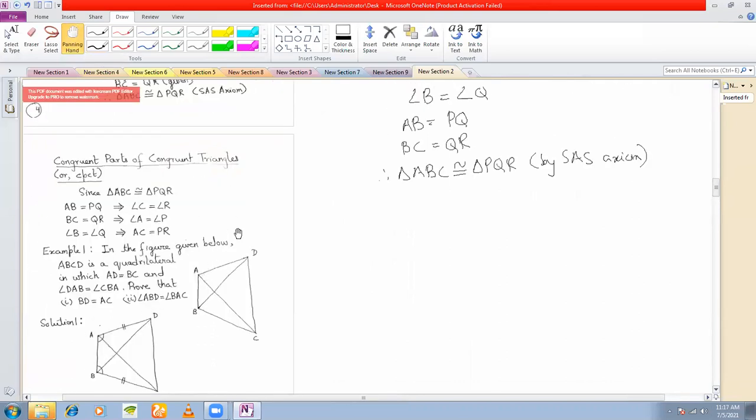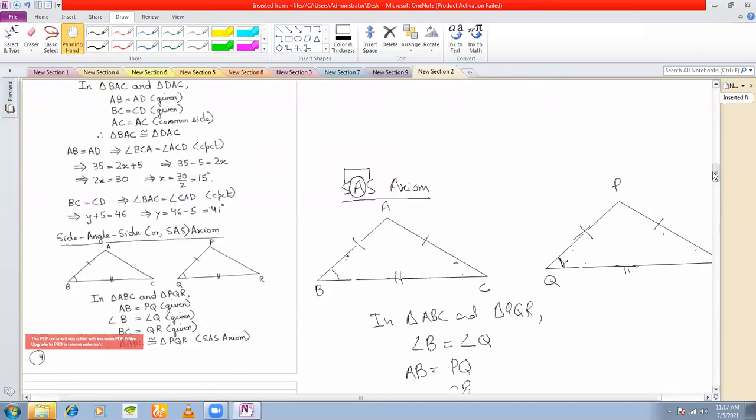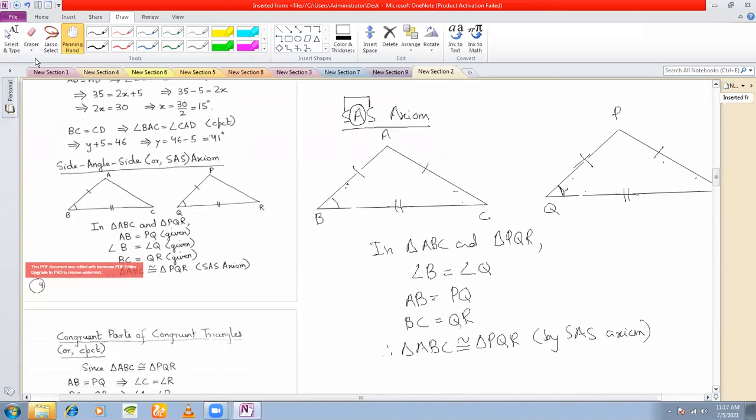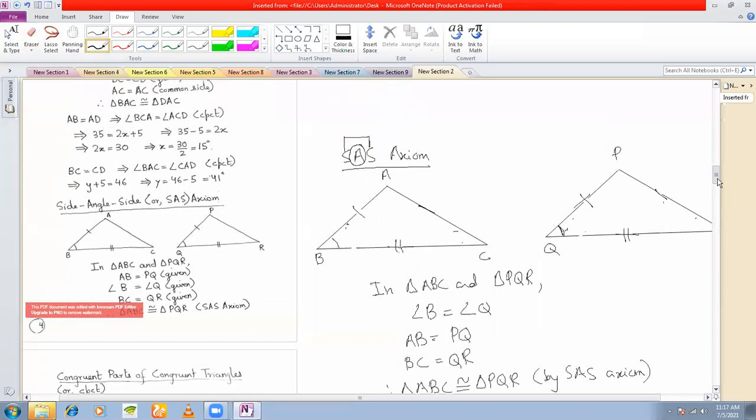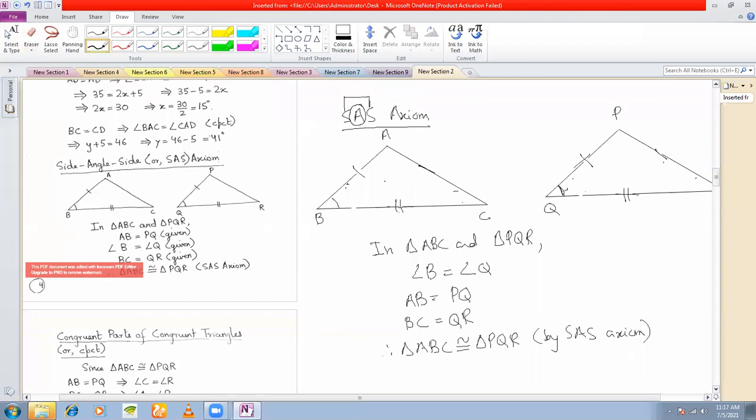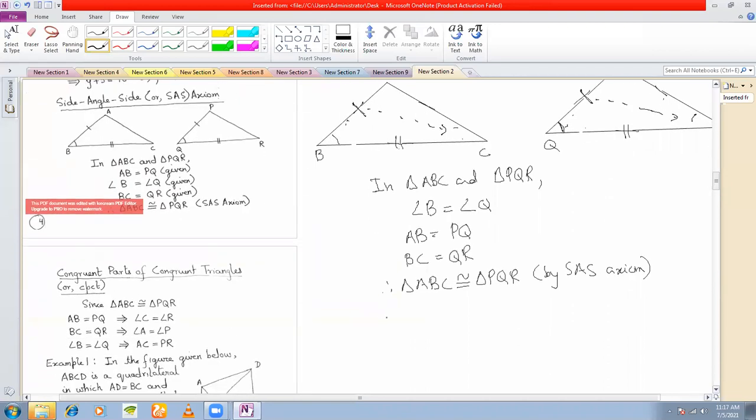Okay, and before that, CPCT. What can you say about the other angles which are not given, or the sides that are not given to be equal? So in these two triangles, these two sides and one angle is given. What can I say? Now see here, after proving congruency, this side here is equal to this side. That means what is opposite to this side? This angle. Opposite to this side is this angle. That means these two angles must be equal. That means what can I say? I can say angle C is equal to angle R by CPCT.